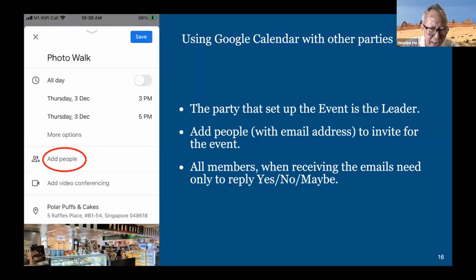When you add their email addresses, all the friends whose email addresses you have put here will receive a Gmail, and they will reply yes, they will come, no, or maybe they will come, and you will get a good sense of how your event will turn out.